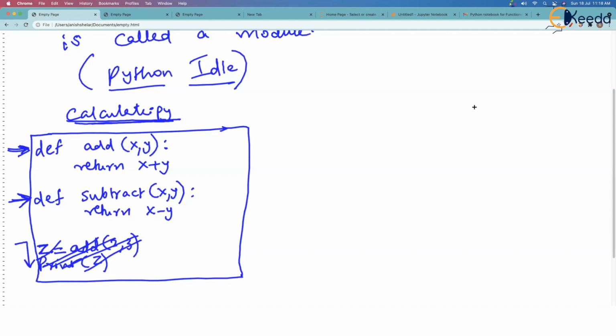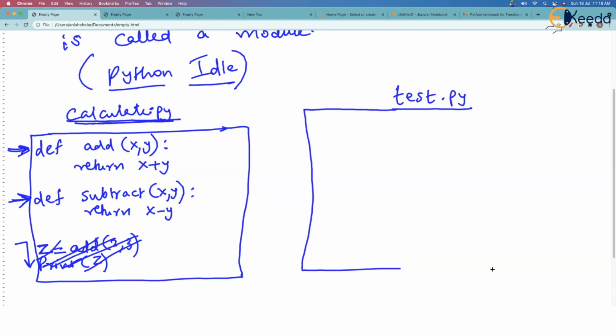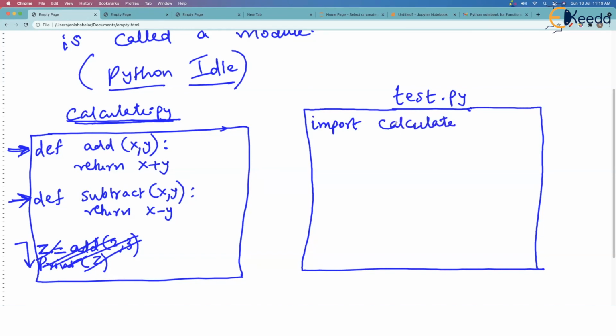What we can do is we can write another program, another .py file called test.py. Now have a look at this line: import calculate. Coming back to test.py, see this file.